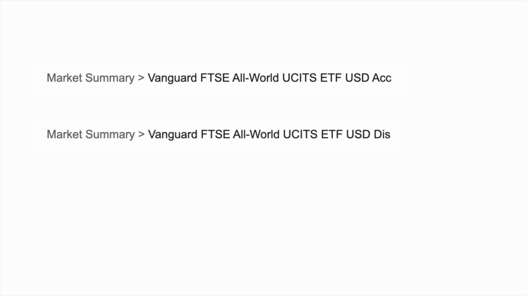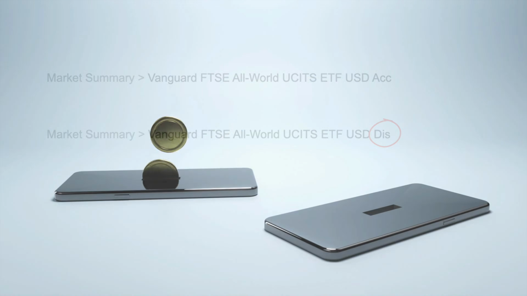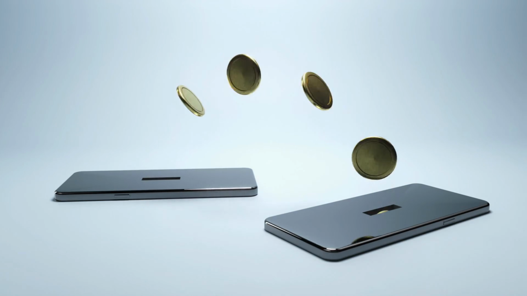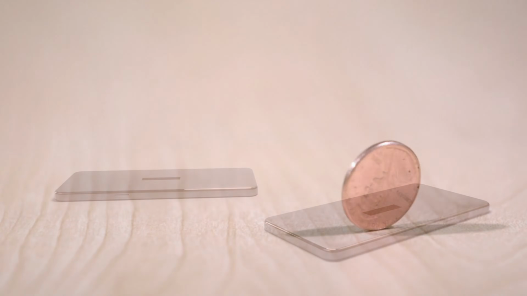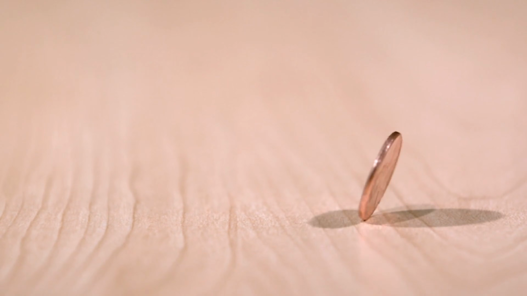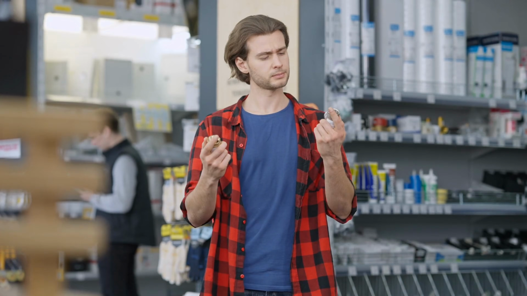When you search for an ETF and see the abbreviation ACC, this means accumulation, and you will automatically buy more units. DIS, or sometimes DIST, means distribution, and you receive the dividends as cash, which you can reinvest yourself into the same ETF or something else. The accumulation versions are slightly more cost-effective in the long run, but it's a matter of personal choice which version